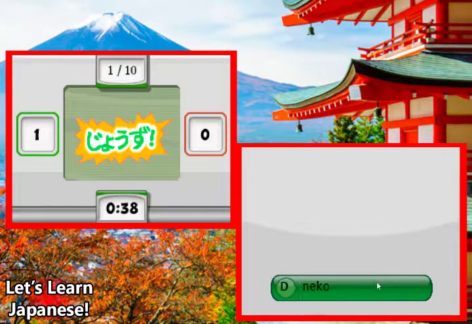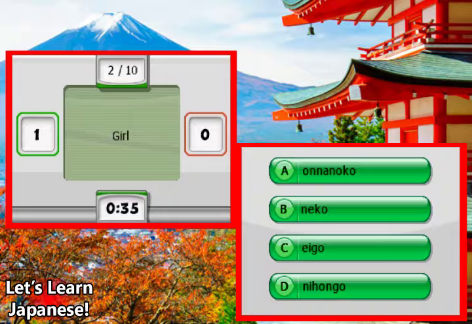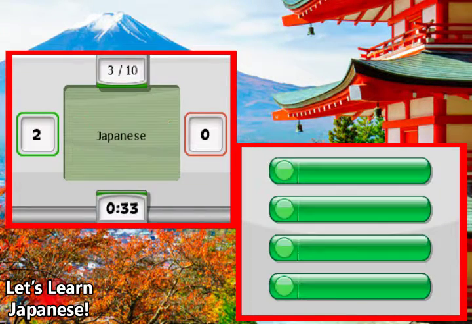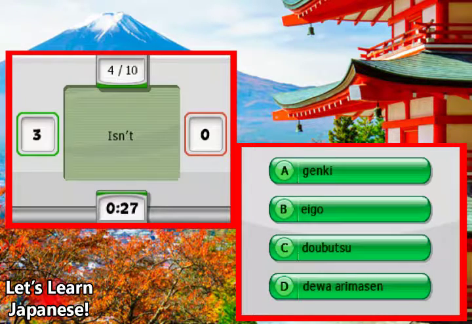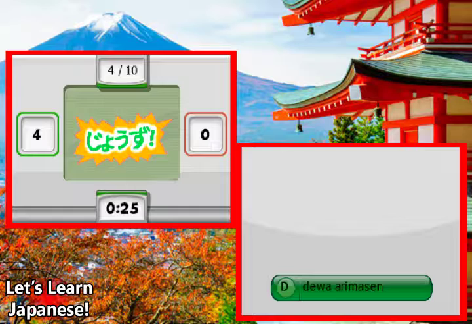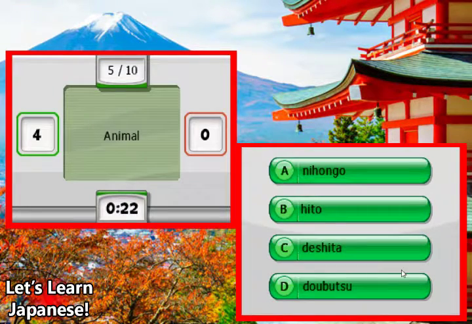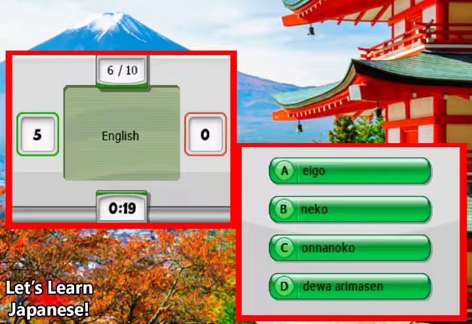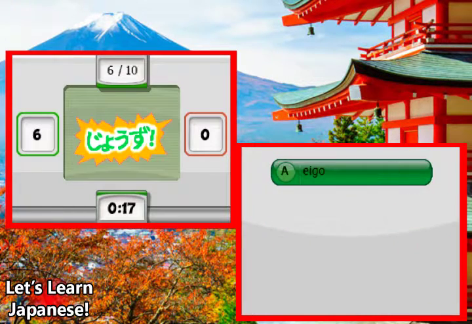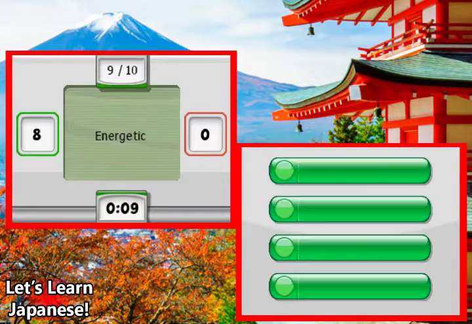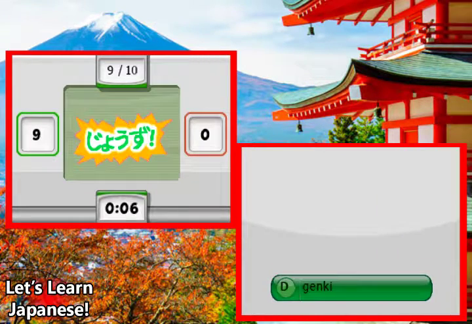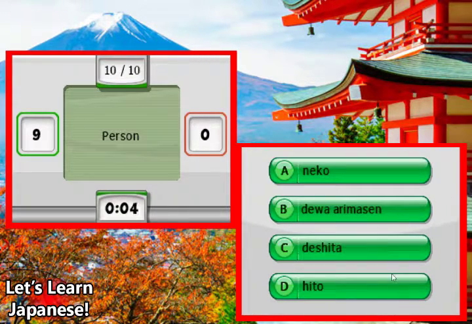Alright, multiple choice. This is a better game. Neko. 猫 Onna no ko. 女の子 Nihongo. 日本語 Deshita. No, de wa では arimasen. ません Gosh. Doubutsu. 動物 English is eigo. 英語 Boy is otokonoko. 男の子 Oh, pick up the pace. Deshita. でした。 And it is genki. 元気 And hito. 人